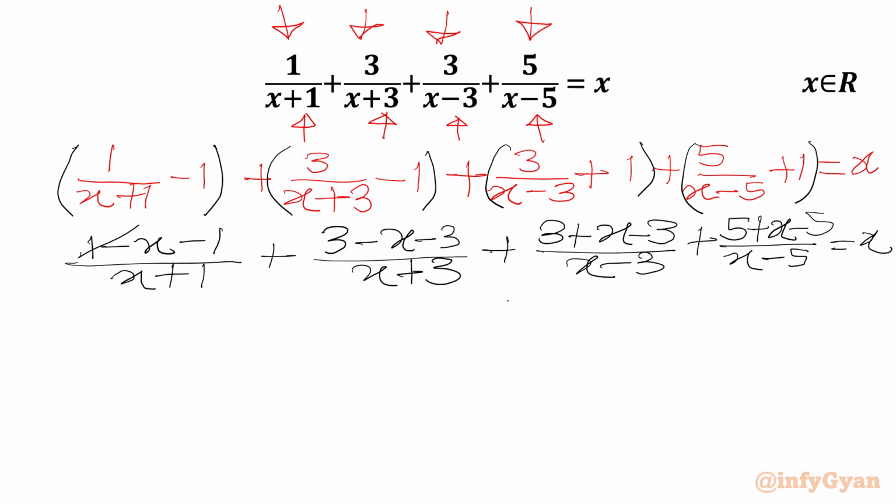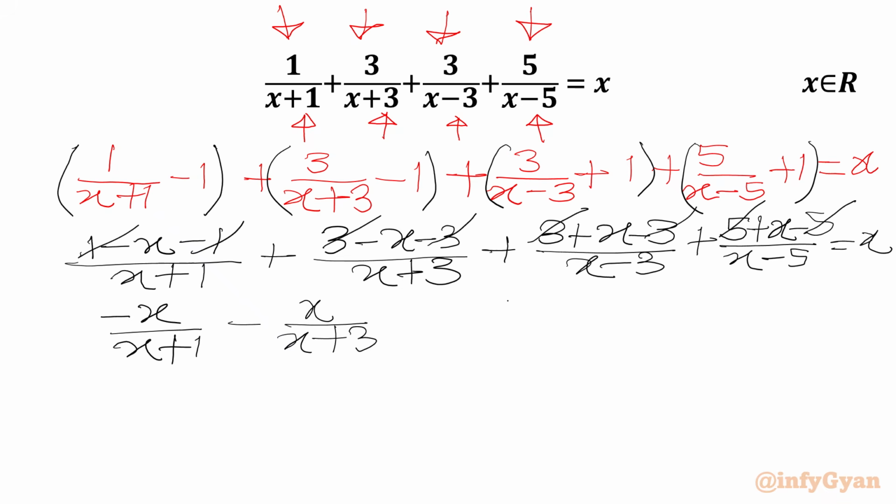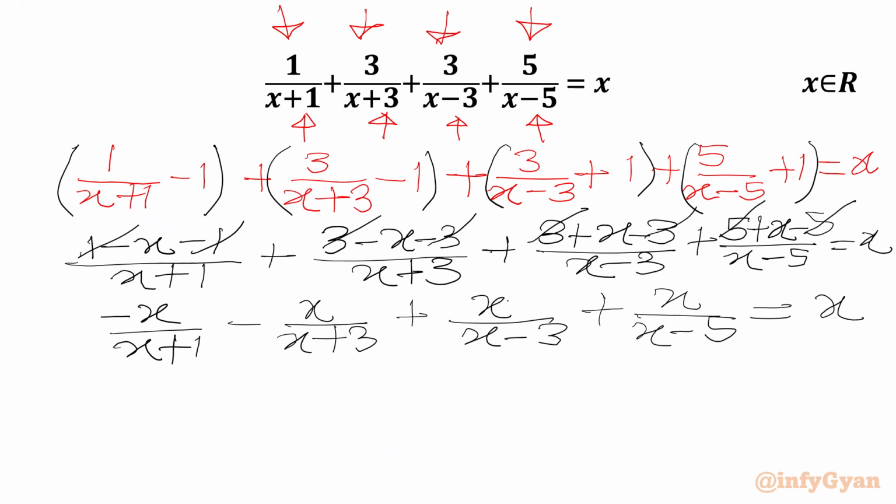Now we can cancel plus 1 minus 1 plus 3 minus 3 plus 3 minus 3 plus 5 minus 5. And we can write minus x over x plus 1, minus x over x plus 3, plus x over x minus 3, plus x over x minus 5 equal to x. We can take x common and write in the bracket minus 1 over x plus 1